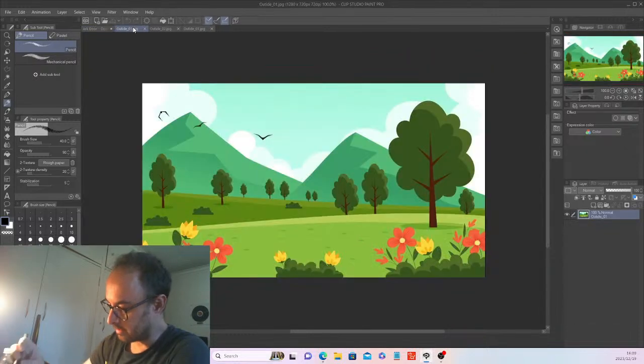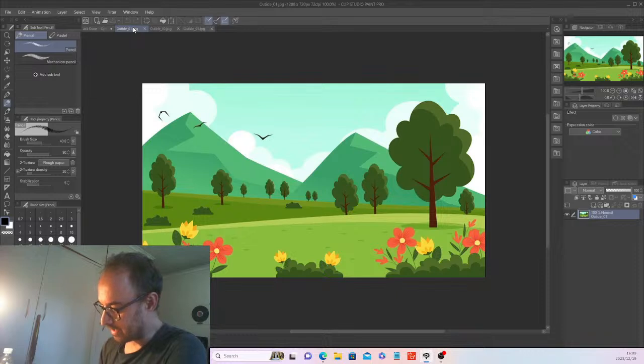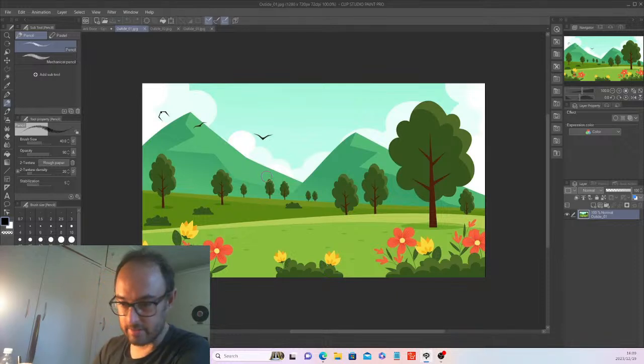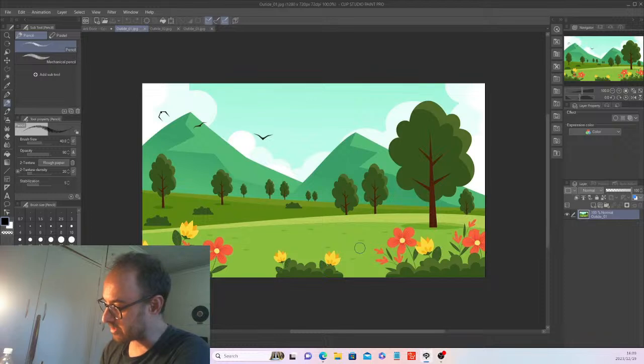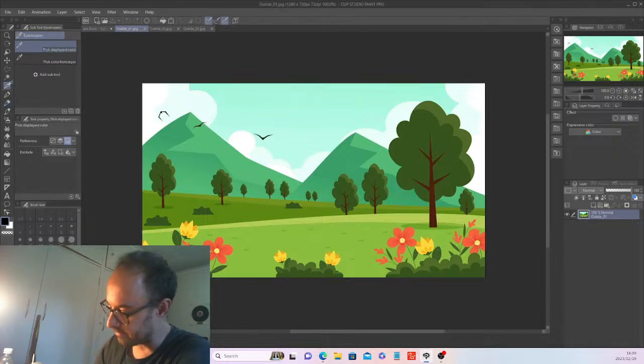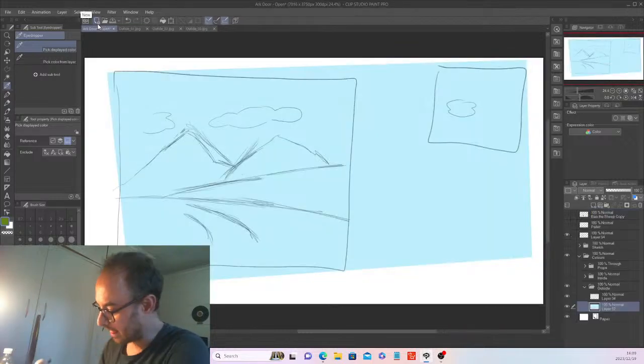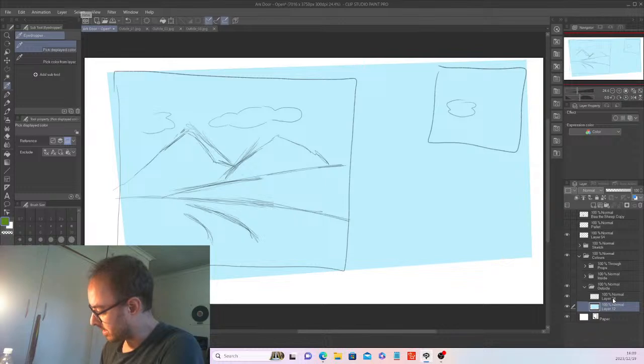Now, one thing I don't like about this background, I feel it is kind of swapped, because the further something goes into the background, the lighter it needs to be. So here the grass in the front is lighter than the back, so I'm gonna reverse this. So I'm gonna take that and I'm gonna make this